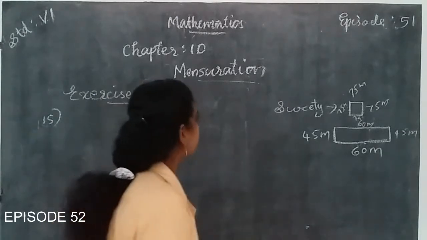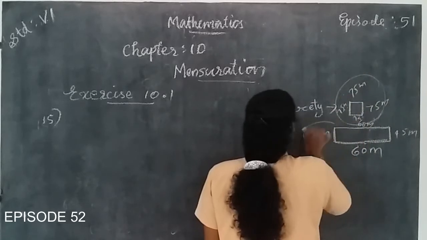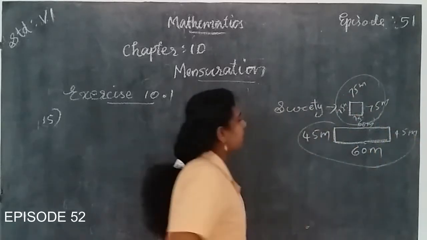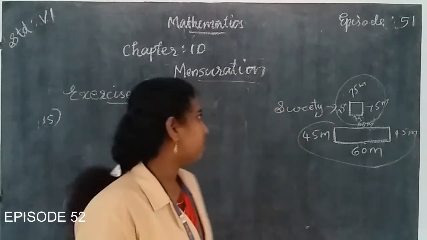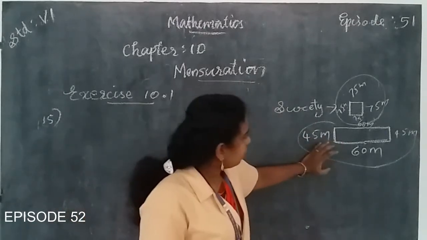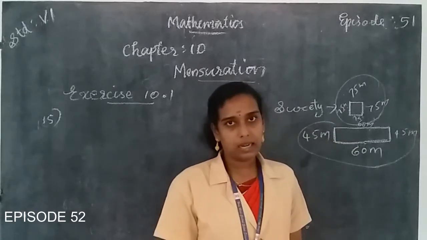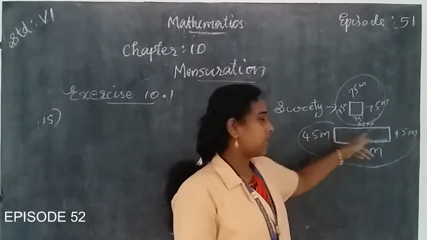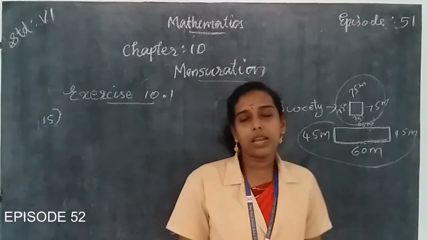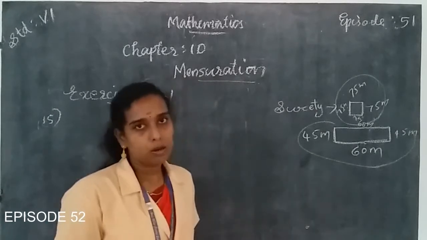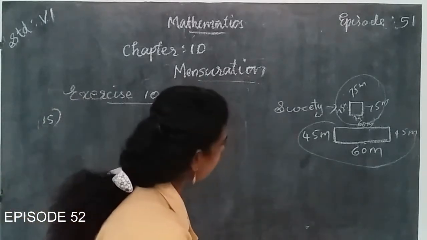To find that, first you find the perimeter of the square, then you find the perimeter of the rectangle. When we find the perimeter of the square, we get the total distance covered by Sweetie. Then to find the distance covered by Bulbul, find the perimeter of the rectangle, since Bulbul runs around the rectangle. Okay, so let's see the steps including the question.